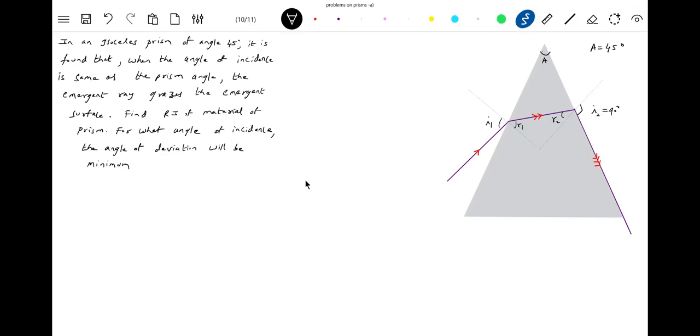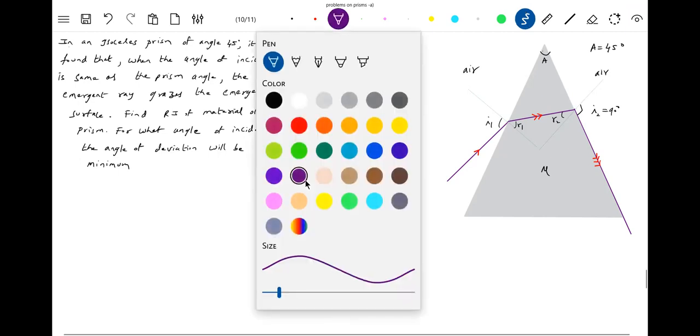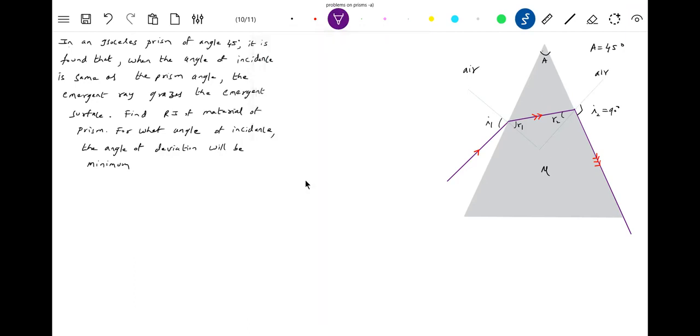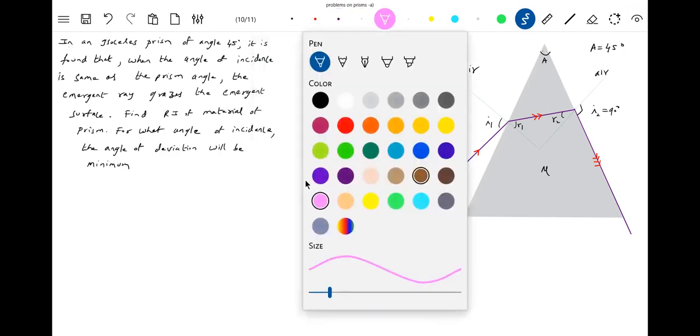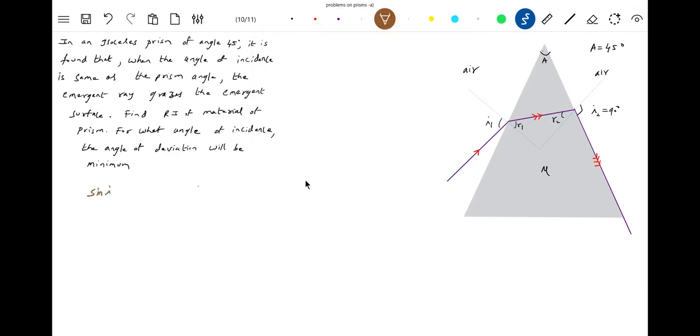Let's write the equation. Find the refractive index of the material. The other medium surrounding the prism is air itself. So sin I1 equals mu sin R1. R1 plus R2 equals A. Then sin R2